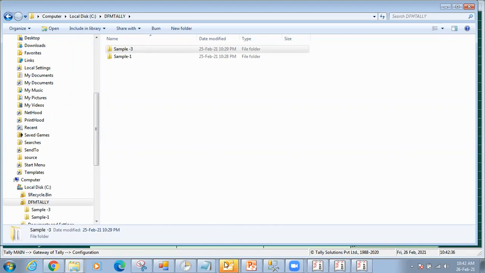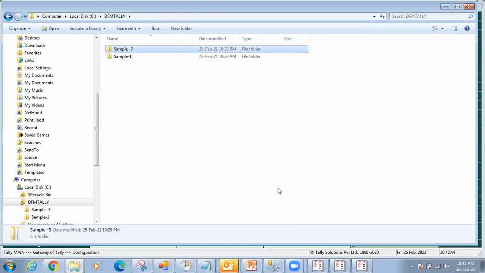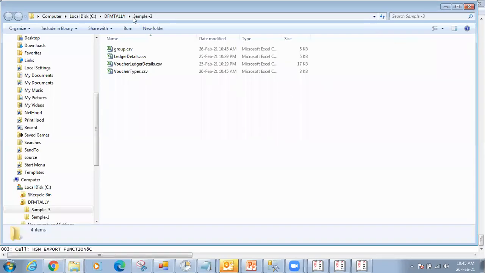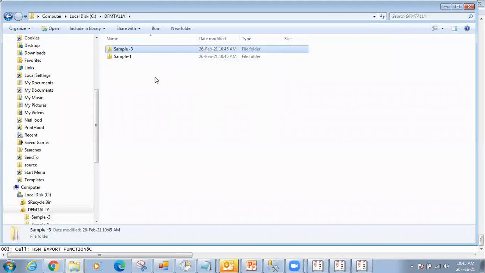Just 1 second. Into these particular folders. It will run automatically. Second. So now it's loading for each company dynamically. Is that point clear?